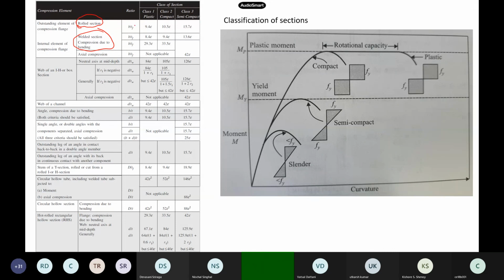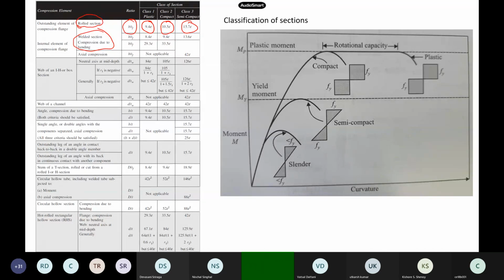They give this ratio of width of the flange to thickness of the flange, and it should be between these limits, 9.4, 10.4. This has come from experiments. Based on this, you have to say whether your I section is plastic, compact or semi-compact, and there are guidelines, like you should not use some sections for beams, you should use only plastic sections. Guidelines are also provided in our IS code.